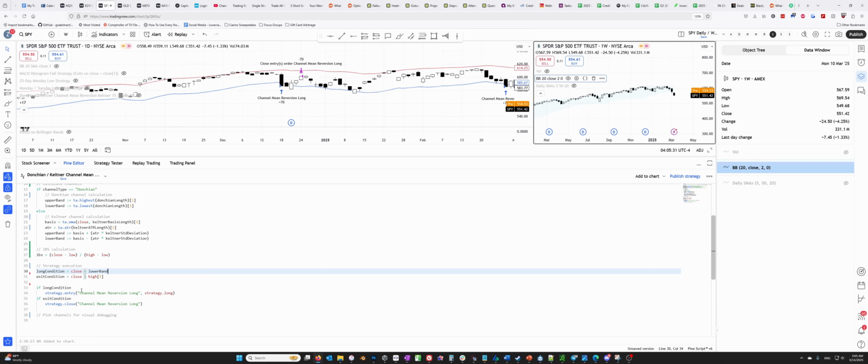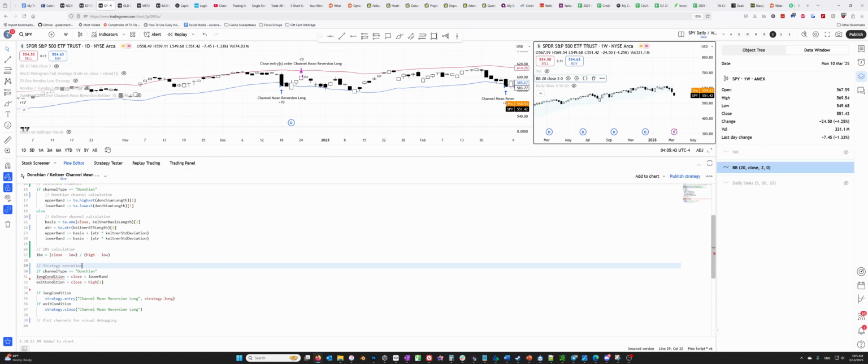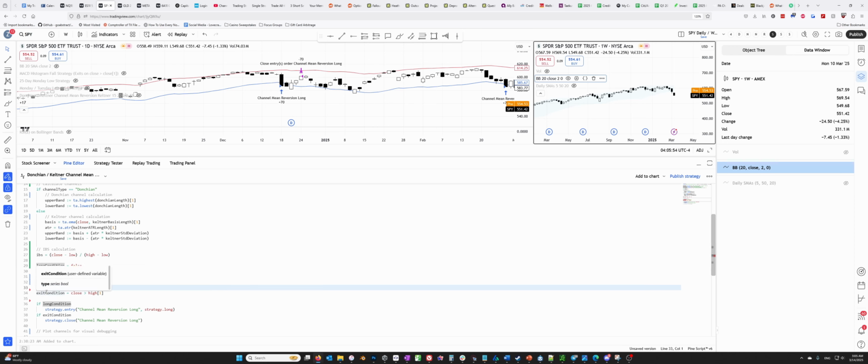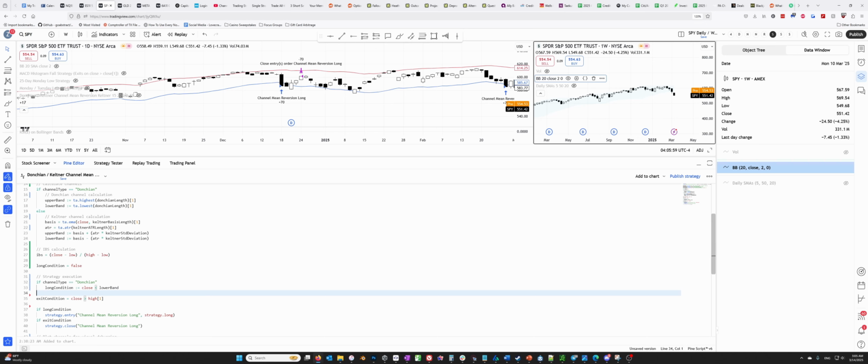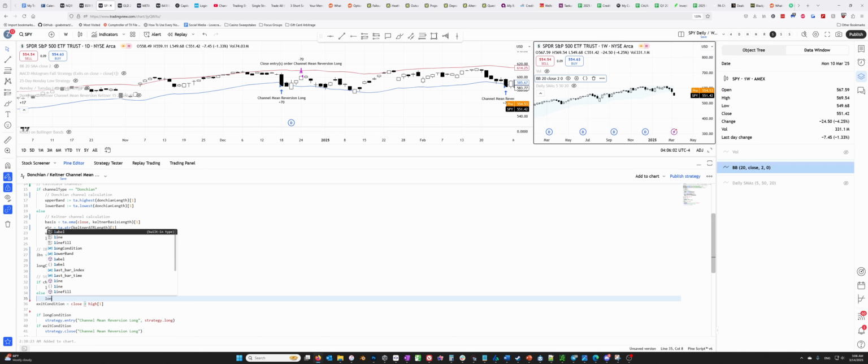See here. What we actually need to do here is, if channel type equals Donchian, long condition equals false. Yeah, we actually have to differentiate here because it's going to depend on whether